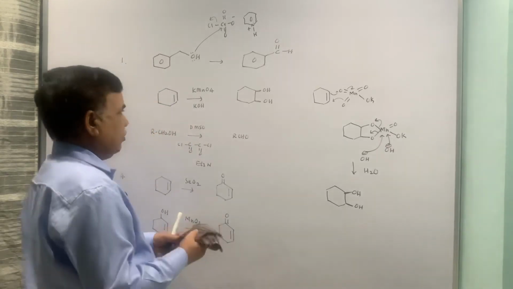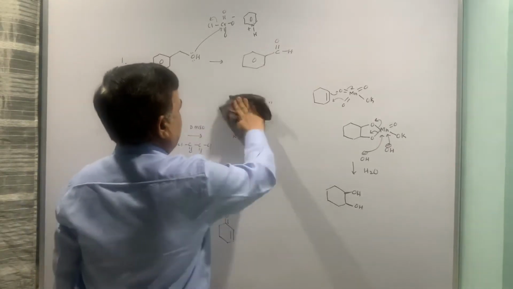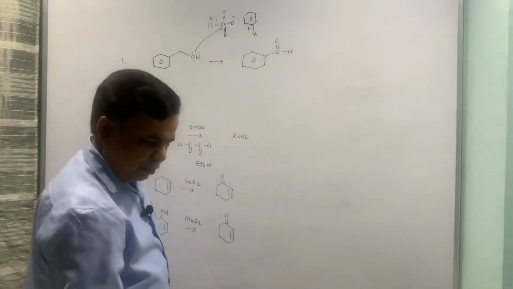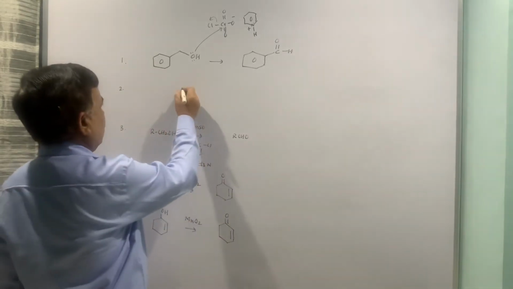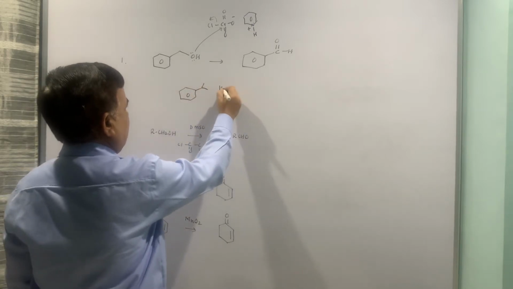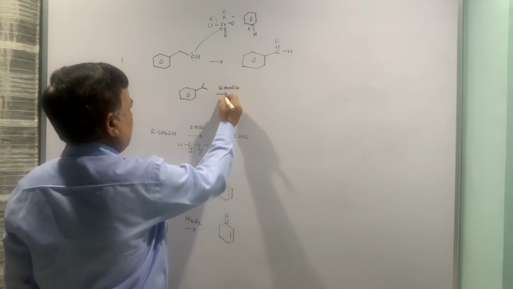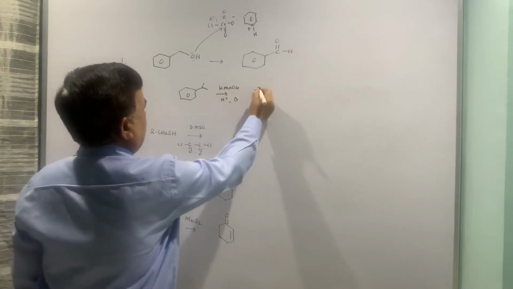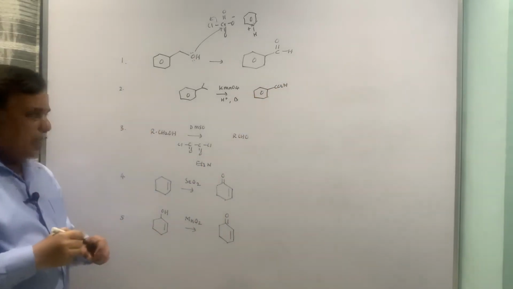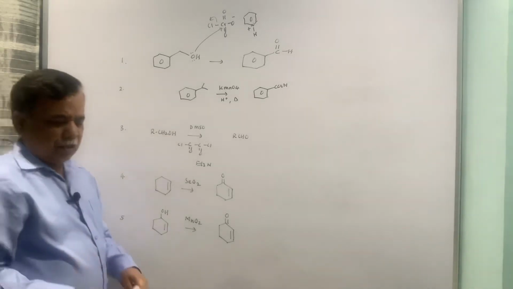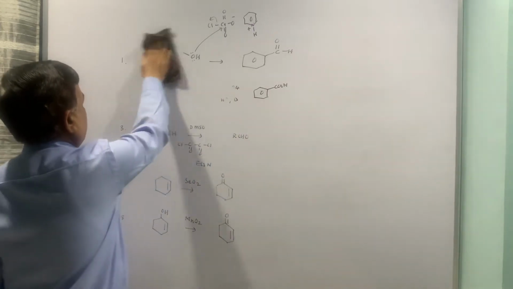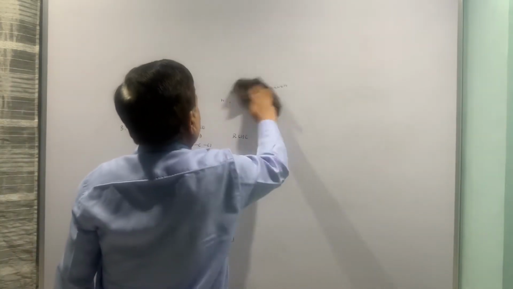The other application of KMnO4 is the oxidation wherein your benzylic carbon becomes acid. Now that is the application part, you can remember that also. I will just put one example for the sake of convenience here. Now this one, KMnO4 and heat, any alkyl group will become acid. So this is the Hirsch condition, and this is another application of KMnO4 as an oxidizing reagent. Okay, now moving on to the next example.